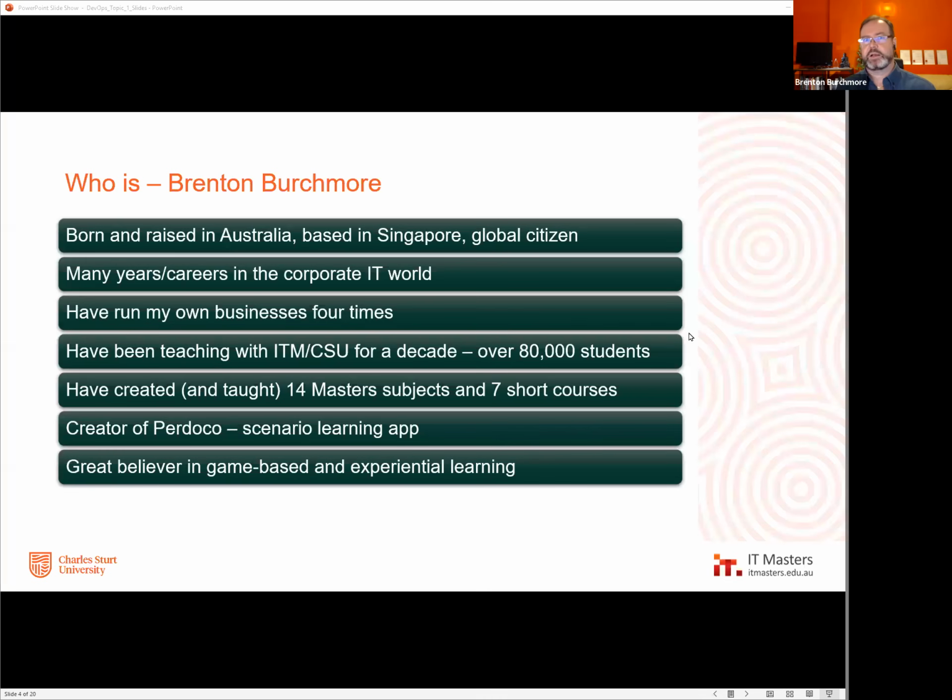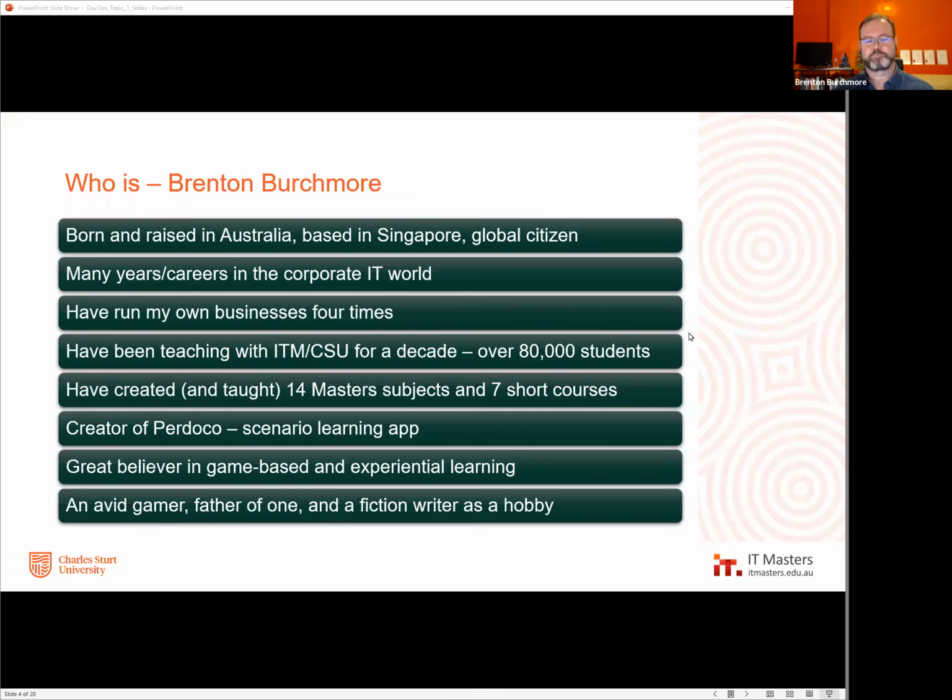And personally, I'm a great believer in game-based learning and scenario-based learning. I am absolutely a gamer. I started as a teenager in role-playing Dungeons and Dragons. I've done tabletop wargaming. I've attended many of the tournaments around Australia when I was in my 20s. And of course, computer games. Being a believer in game-based learning, of course, I've spent many hours in online games. I would easily have accumulated over 20,000 hours in online games. I call it research. My wife calls it something different, and my teenage son is working very hard to catch up. So that's a little bit about my background and journey.